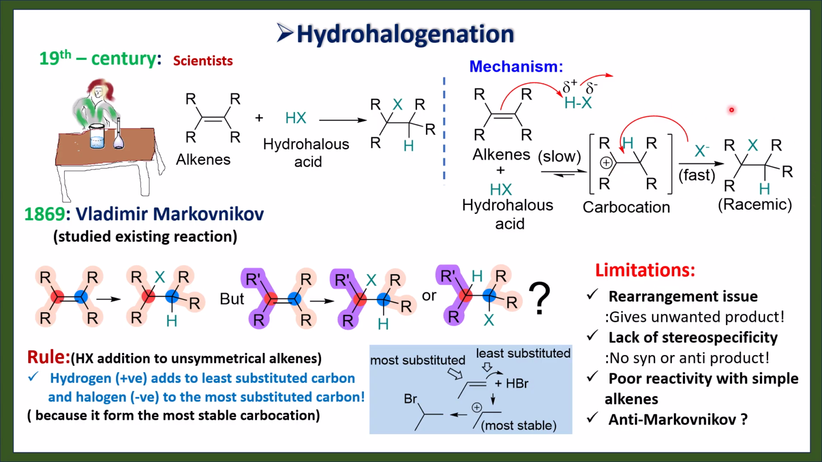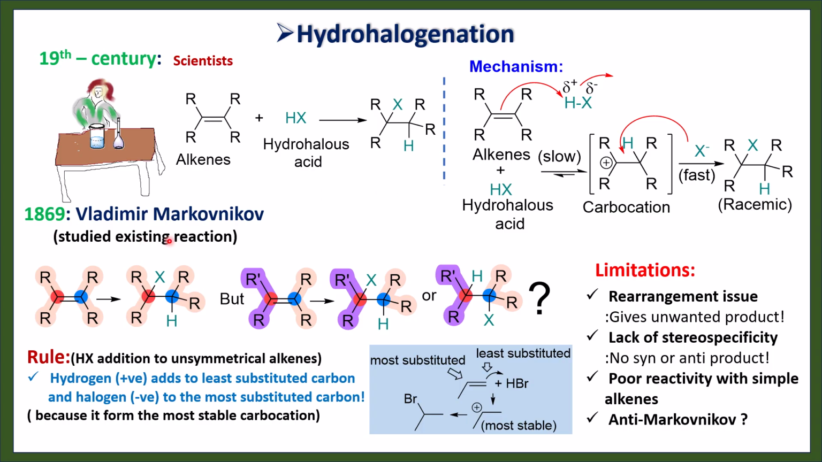this halohydrogenated product, and this is a racemic product because, as the carbocation is generated, the halide can enter from either side. Now this type of reaction happens, and